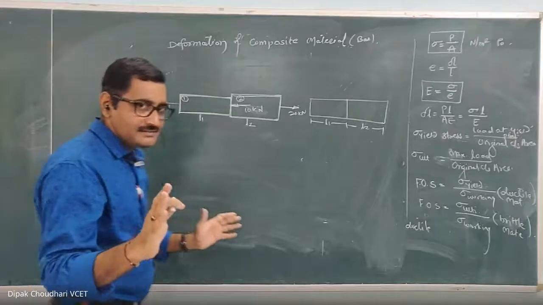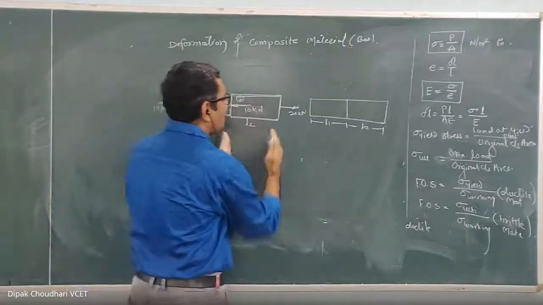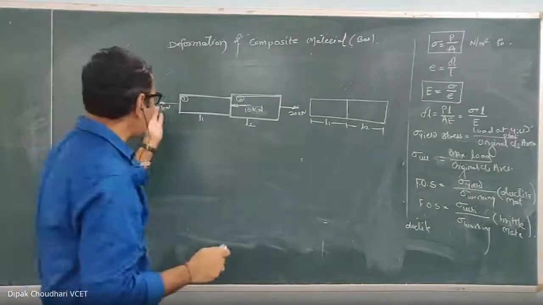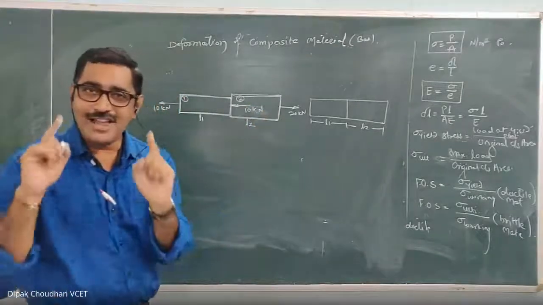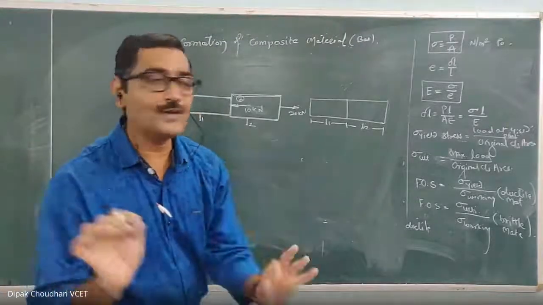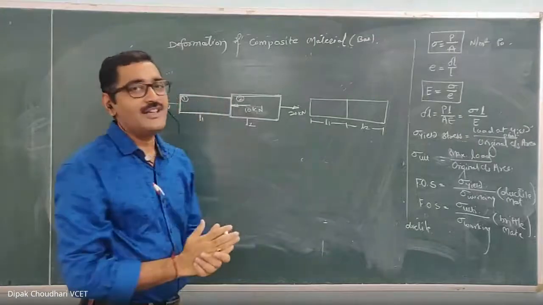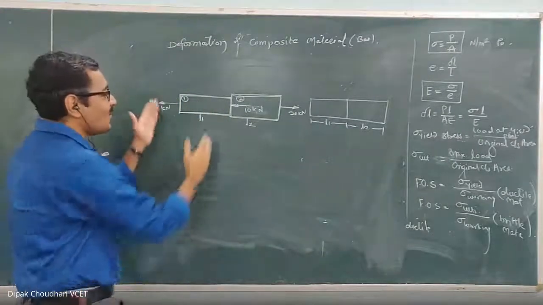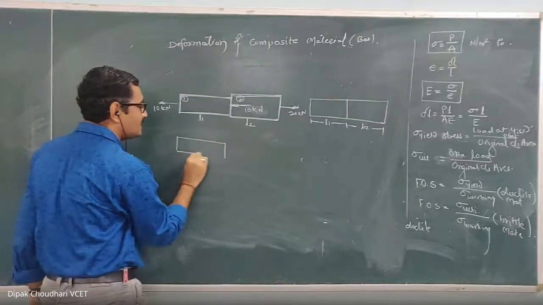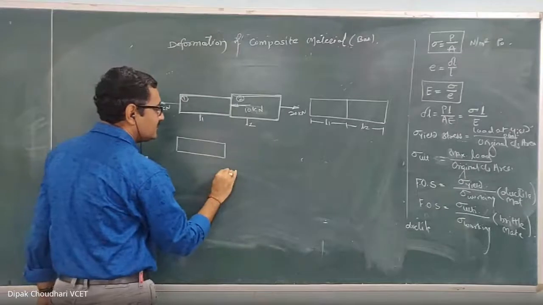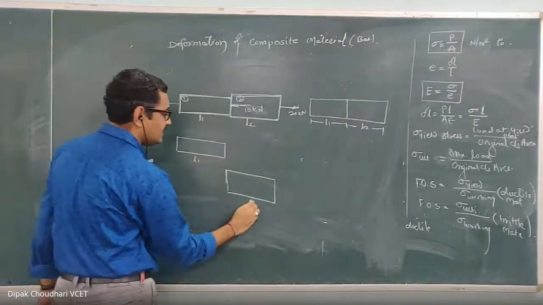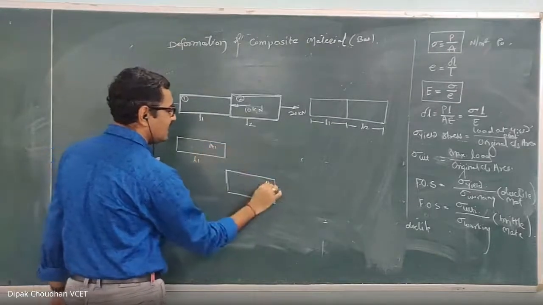Okay, for that, you need to draw the free body diagram of each part separately. The reason is that the number of forces are acting. We have to calculate the stress as well as deformation induced because of the axial force acting on that particular component. And how to calculate the axial force acting on that particular component? So for that, let's draw the free body diagram of that particular part. This is the free body diagram of this part 1. This is the free body diagram of the part 2. This length is L1, this length is L2. This area is A1, this area is A2.